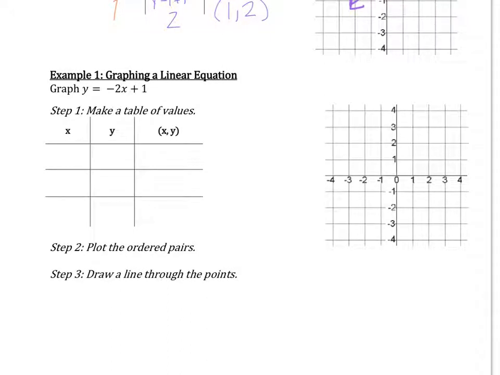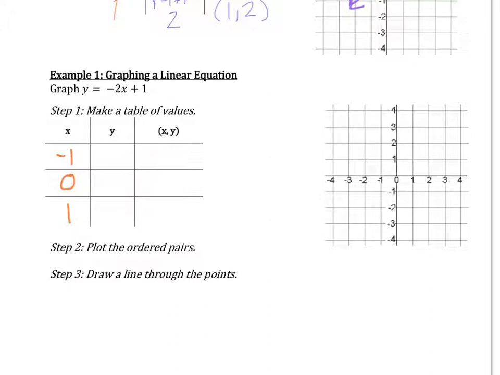So the first one you can see there is to make a table of values, then you plot the ordered pairs that you created from your solution, and then we draw a line through the points. So if we're looking at the graph of y equals -2x plus 1, we're going to do the same exact thing. Pick those same 3 numbers for x, so in this case -1, 0, and 1, and then we're just going to plug them in to get our values of y,